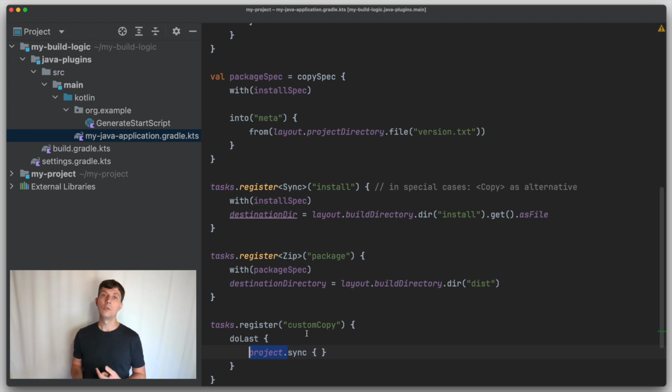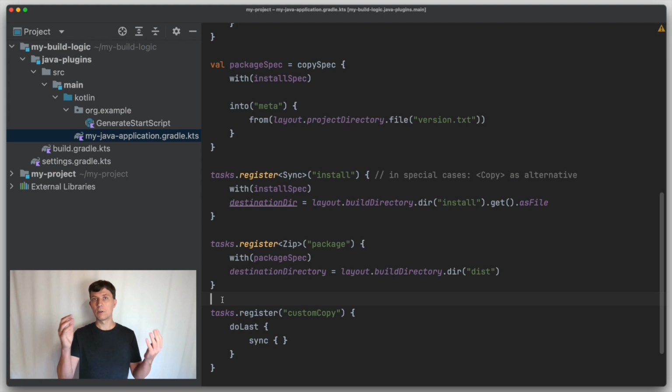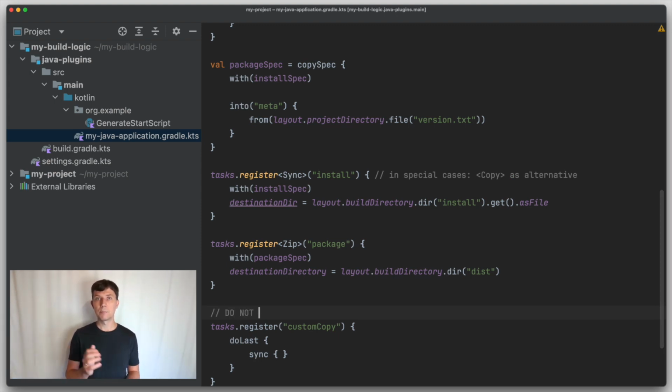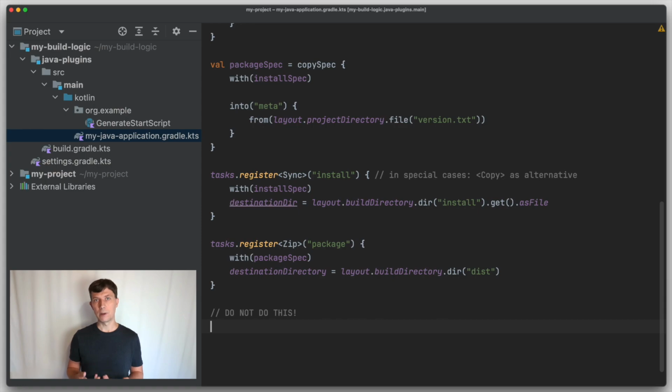By this, you move the actual copying code back to the build execution time, but because the sync here is a method on the project object which holds the whole configuration state, this is a mix between configuration state and execution state, and doing this no longer works if you use the Gradle configuration cache. In my opinion, this shouldn't be allowed at all, and the editor should already give you an error here, which might be something that future Gradle versions do.